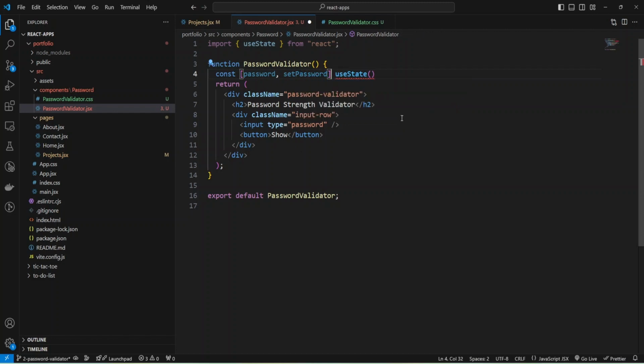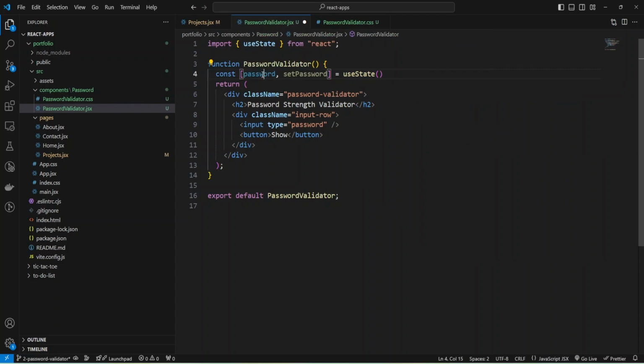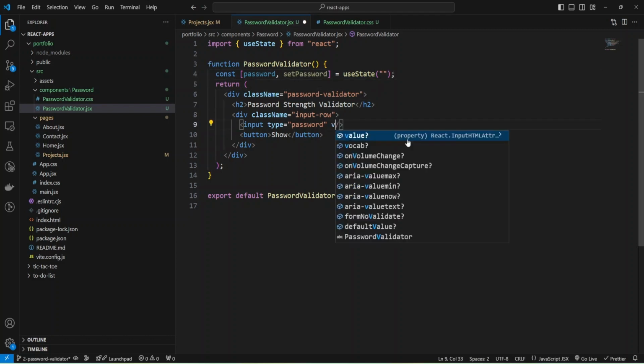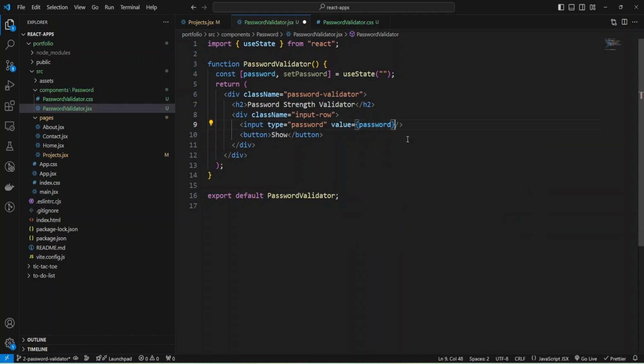And useState returns, as you can see, a stateful value and a function updater, and I saved it in the password and function to set password. And initially I will have empty value, and we need to provide this value to input value, and it will be password. We're building controlled input, and we'll control it in our code.